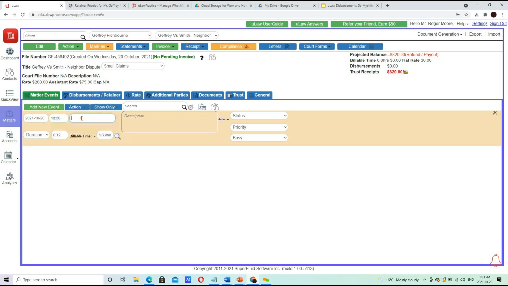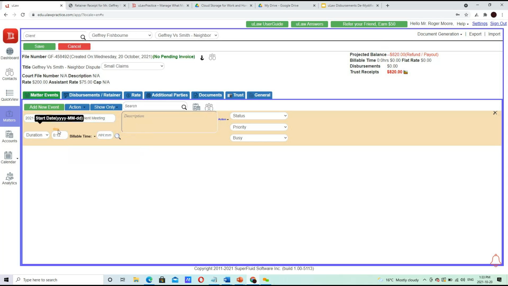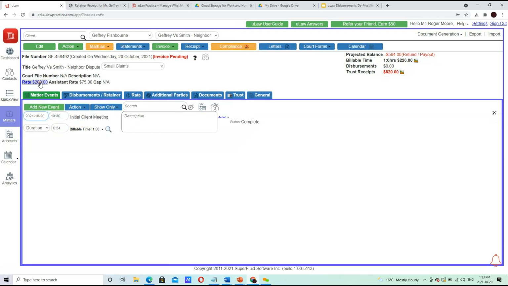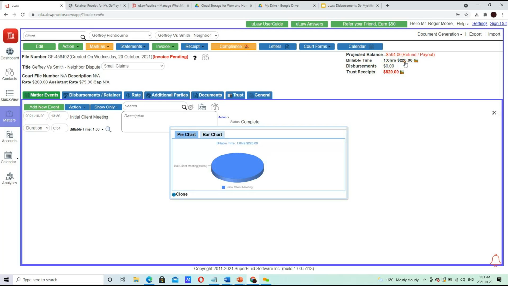So when you start to docket, let's say you're docketing your initial meeting and you're charging, let's say, an hour. The billable time is what you're charging the customer, and the duration is the actual time that you spent. Okay, maybe you spend 54 minutes, but you're rounding it to 1 hour. Now if I click Save, you're going to notice that uLaw is going to take this 1 hour, multiplied by the 200 plus the tax. And that's why you see billable time at 226